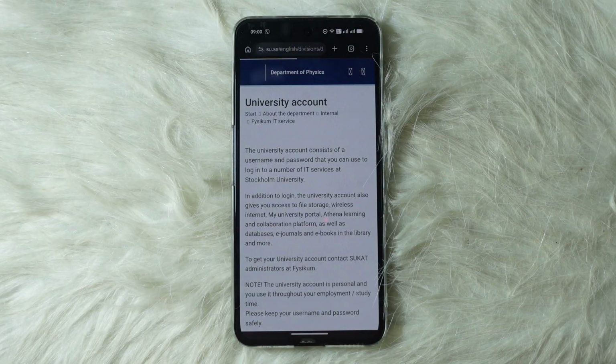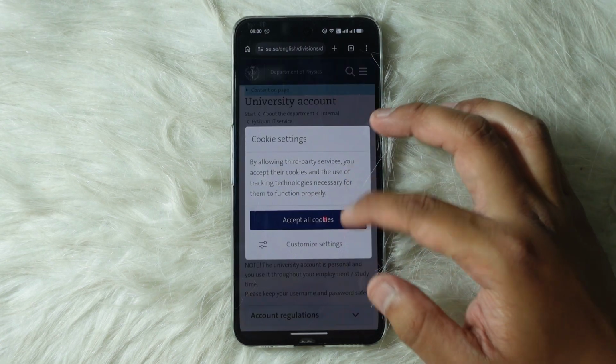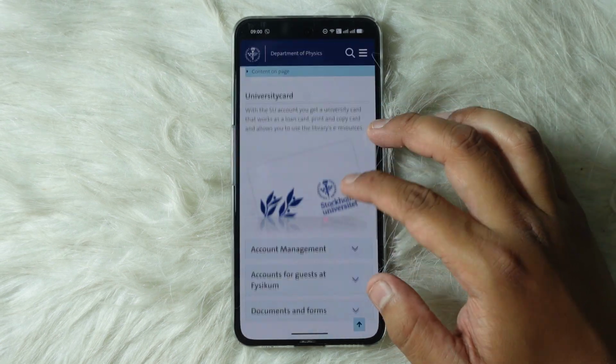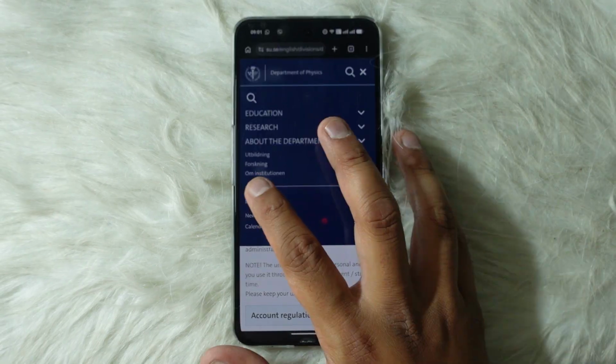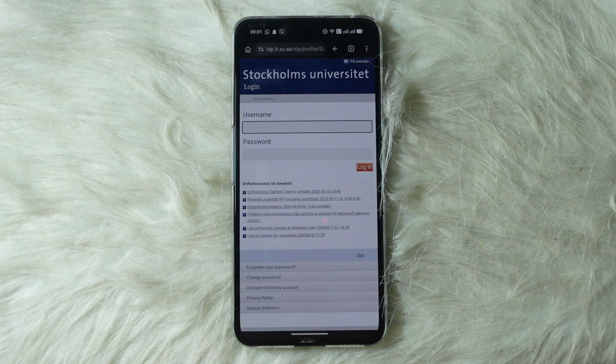University Account Stockholm under Stockholm University. Scroll, accept all cookies and then scroll down. Tap on the three lines at the top right of your screen, after which you'll be able to see Login. Tap on Login. Here you'll have to enter your username along with your password and then hit Login to log